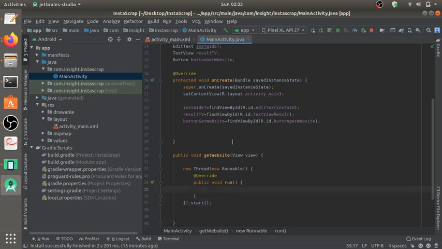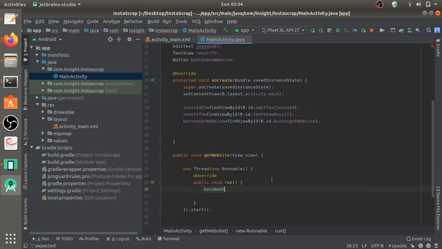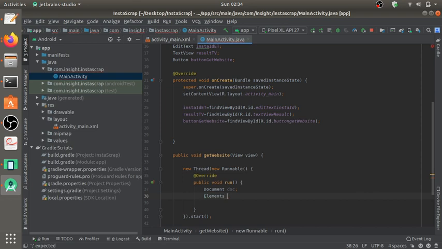Okay, now I'm gonna create a document object which will hold the document, the Instagram document of a particular user, and before that I'll create the necessary objects. Document, we have to select the document of JSON right here. Document, I'm creating empty objects right here now. Elements. Okay, a document can contain many number of elements.